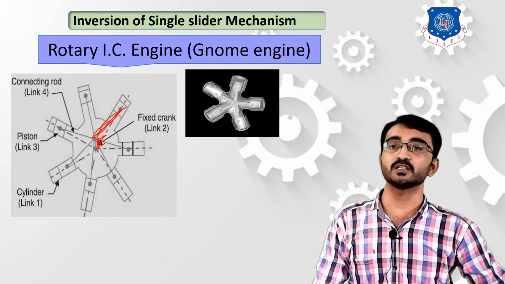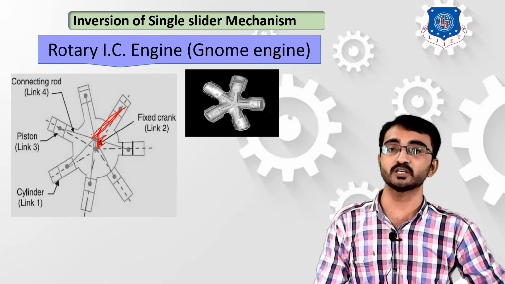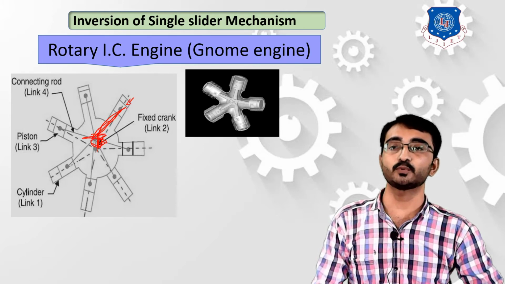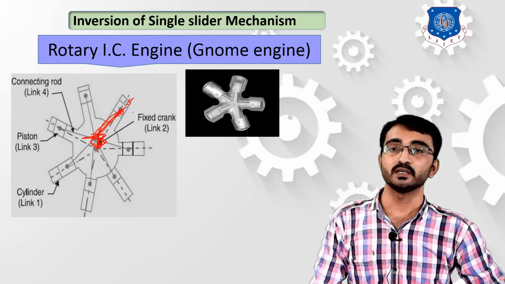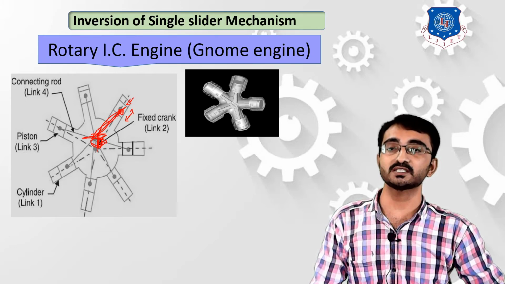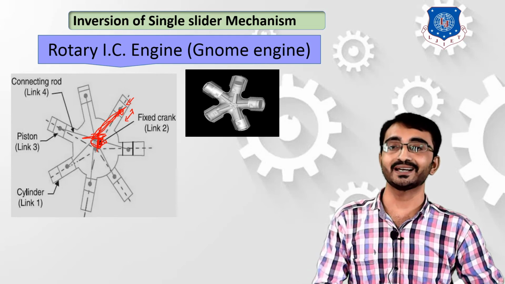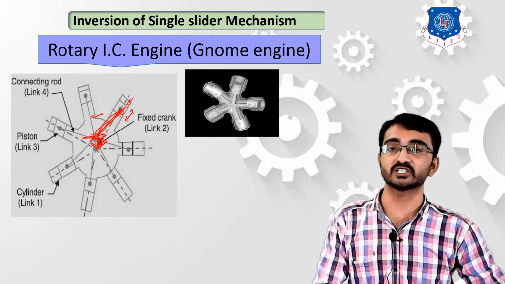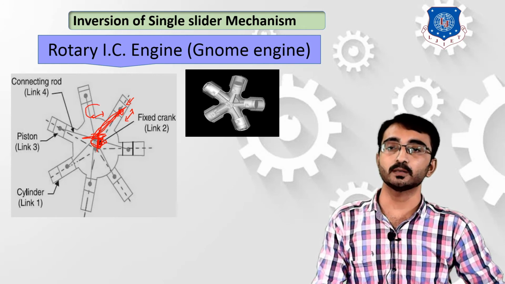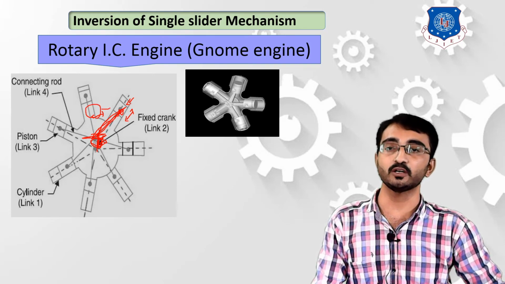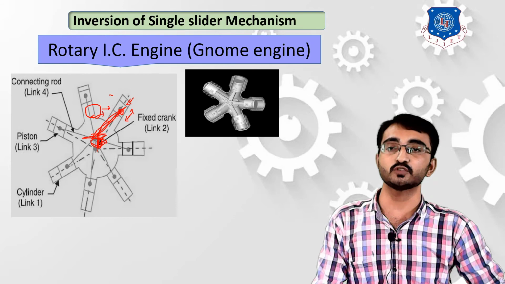As you are not moving this fixation point, that is your crank component, if you provide charge over here, then due to combustion this piston has to move inside or outside. To produce this motion of the piston, your connecting rod has to move in some direction, but your crank is fixed, so it cannot move. So in the counter direction, this connecting rod will produce force in the opposite direction; it will produce force on this piston rod, and this piston rod will produce force on this cylinder body.